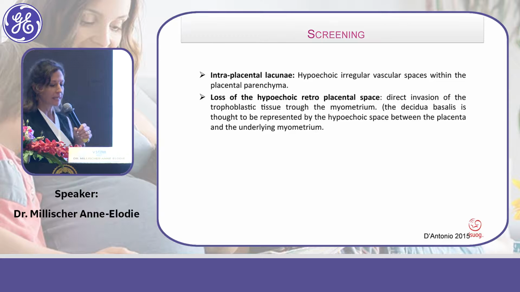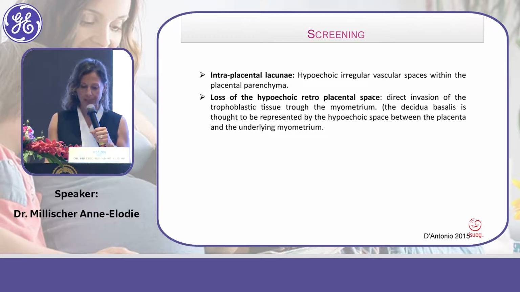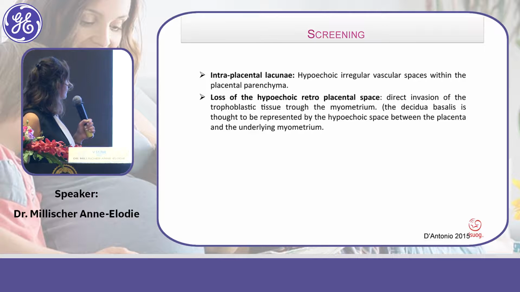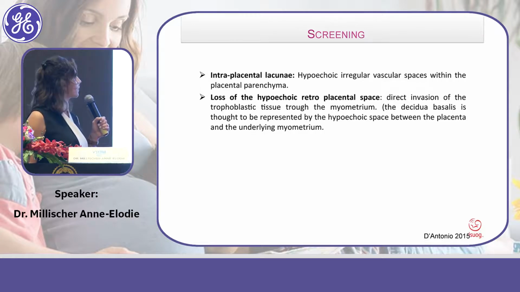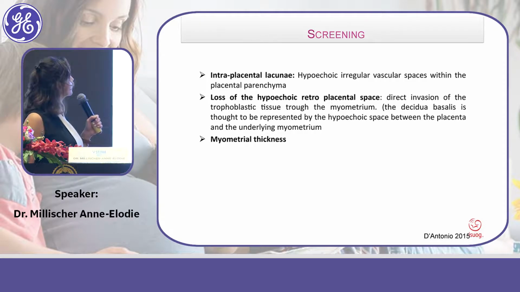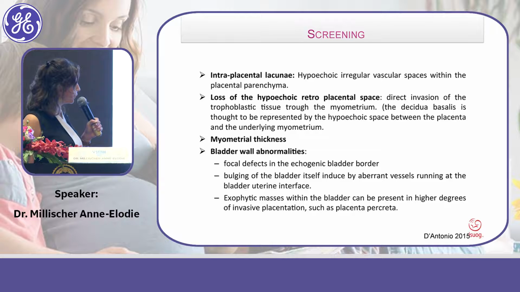The second point is the loss of the hypoechoic retroplacental space. Hồi nãy cô nói là những cái đặc điểm nó rất quan trọng các bạn cần nhớ, đó là cái xoang mạch máu và các mạch máu có hướng đi bất thường phía sau bánh nhau, và đến cái đặc điểm thứ hai là mình sẽ mất đi cái khoảng echo kém sau nhau. When we focus on this interruption, you have this kind of images. You can see that this hyperechoic line is completely interrupted by the exophytic placenta just close to the bladder.